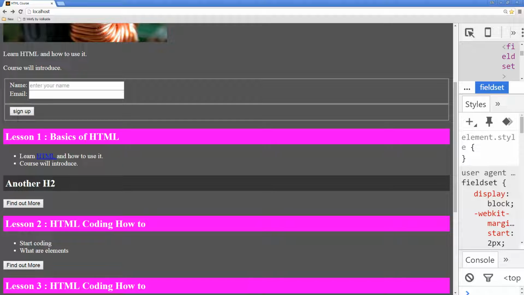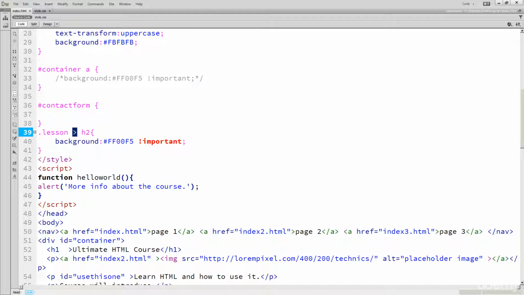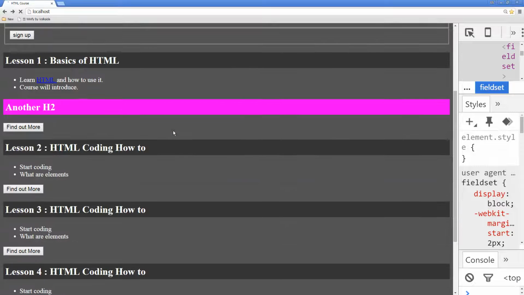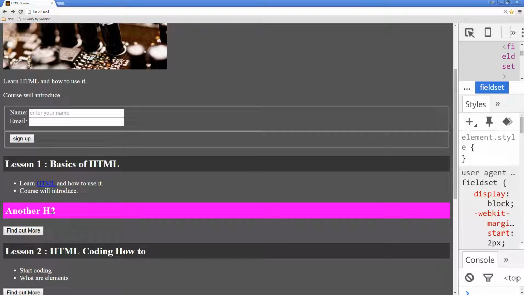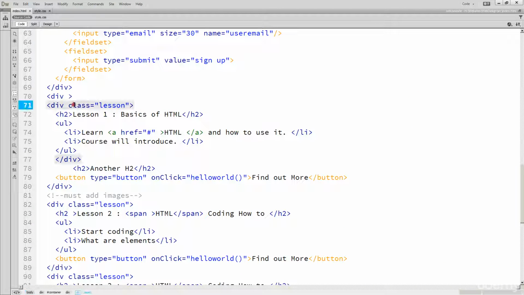We also have what's called an adjacent sibling selector. What this is going to do is select the elements that are adjacent siblings of the specified element. So see what happens here when I apply it to lesson and I refresh it, and we can see that we're only getting it applied to that one particular H2. This H2 falls into where we've got a div here, and right next to this particular div, the sibling to this div is going to be this H2. That's why this is the only one that's actually getting that property attached to it, because it is the adjacent sibling to this particular